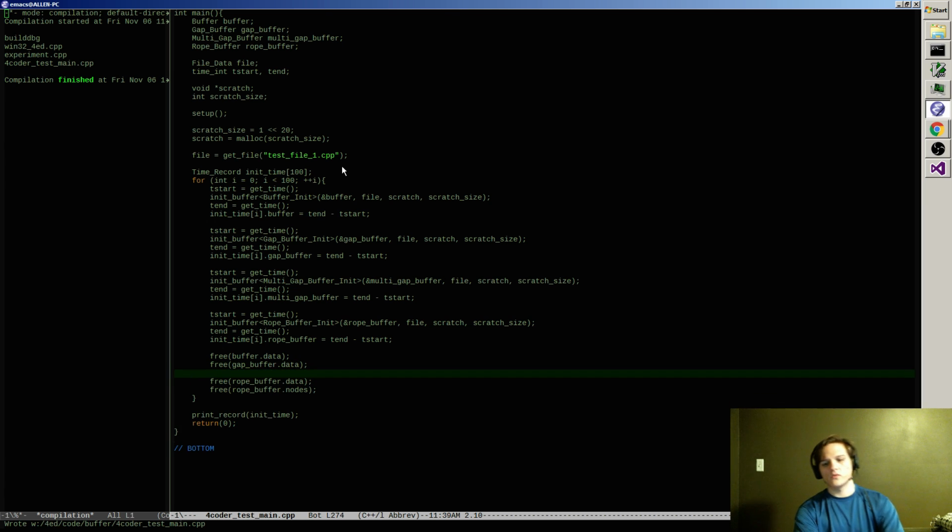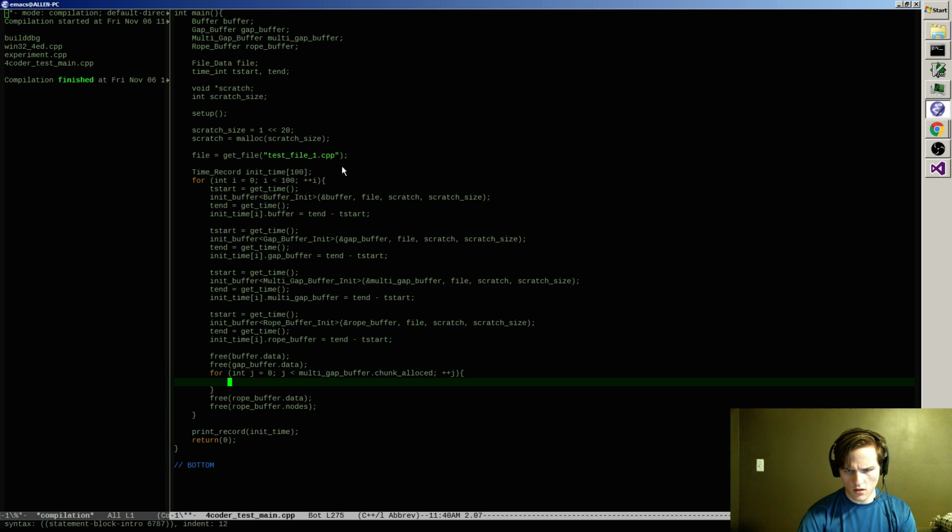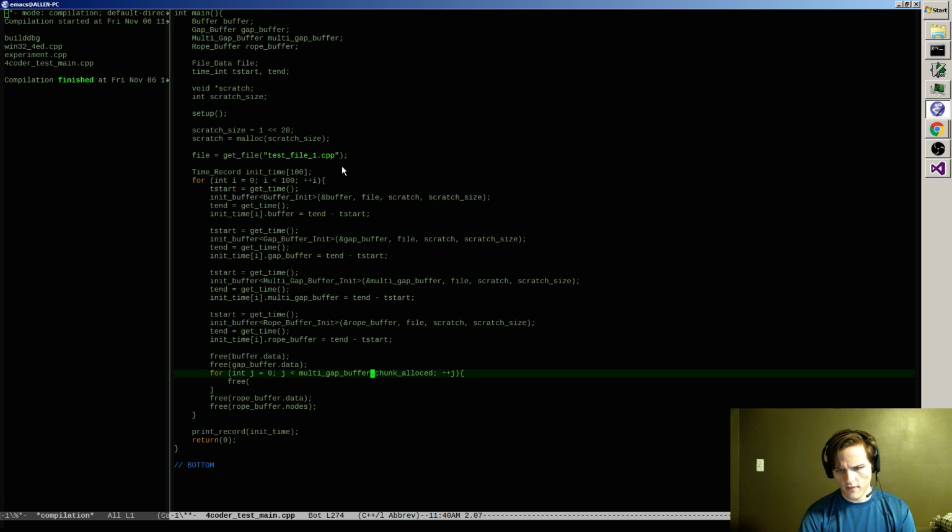Then the hardest one is the multi-gap buffer, which actually requires a loop: multi-gap buffer dot chunk alloc, plus plus j, free multi-gap buffer dot.